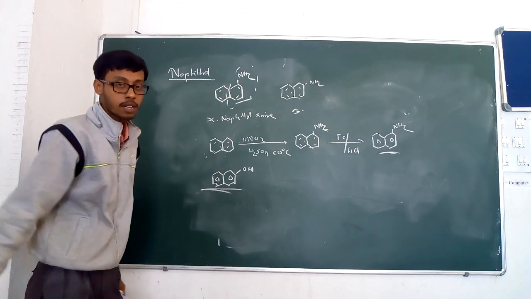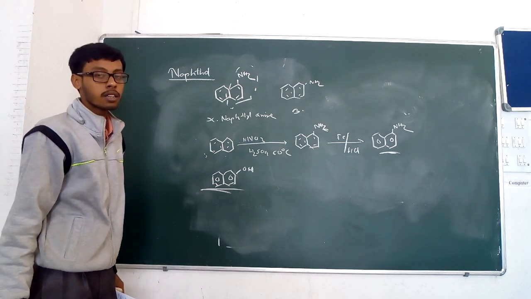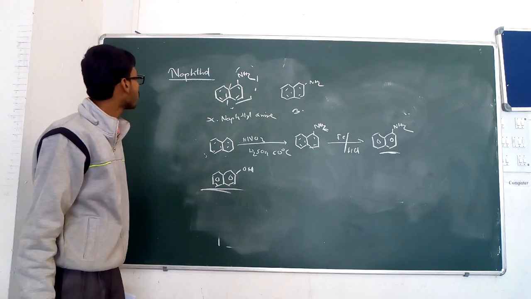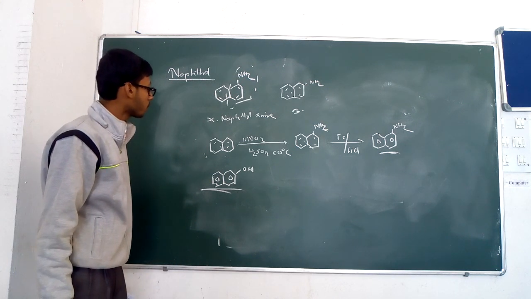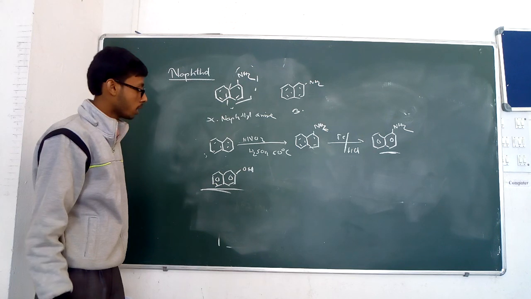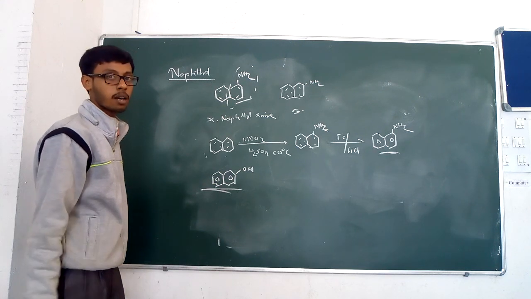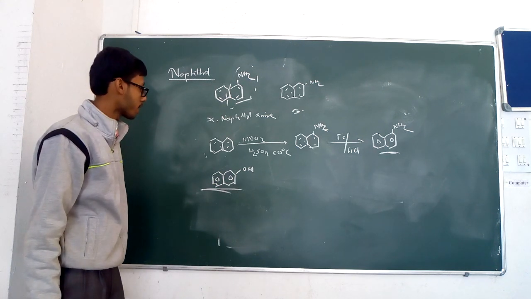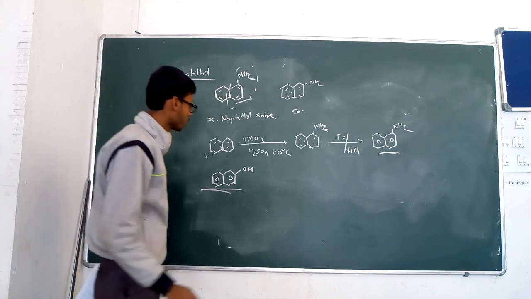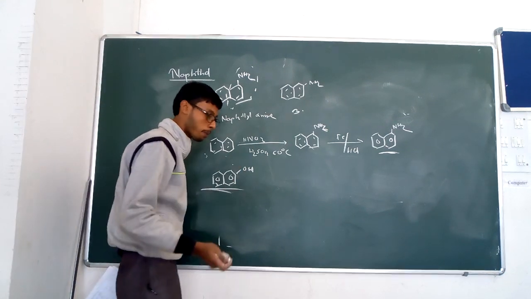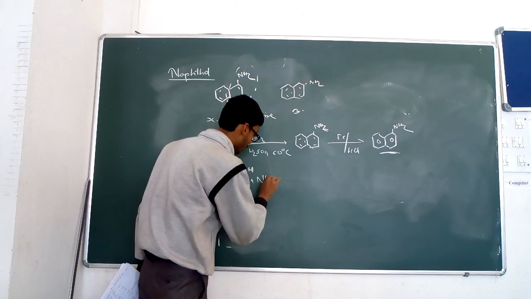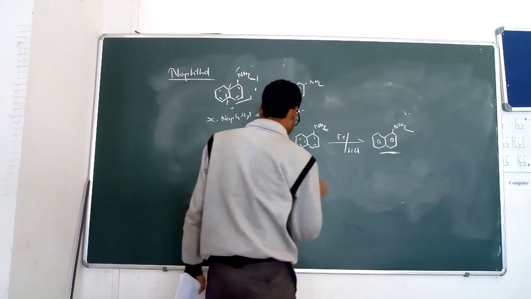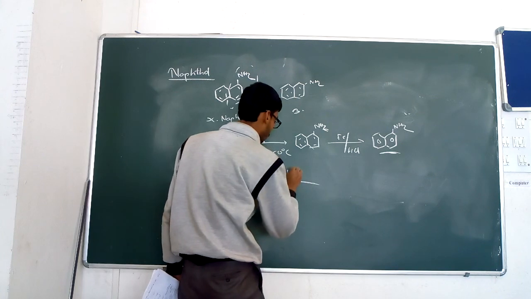In the previous chemical reactions of naphthol, we already studied the Bucherer reaction. In the Bucherer reaction, alpha or beta naphthol in the presence of ammonia and ammonium bisulfate